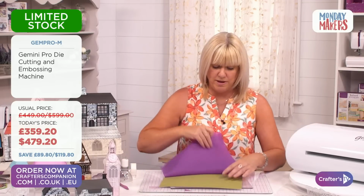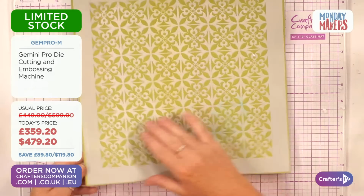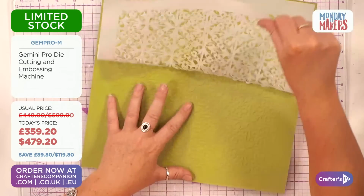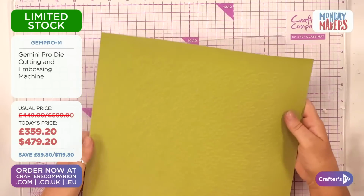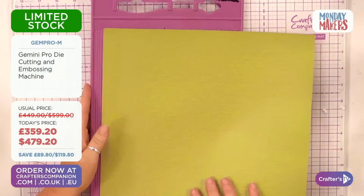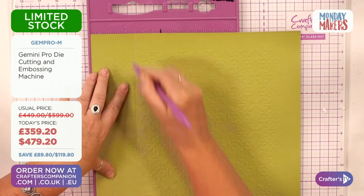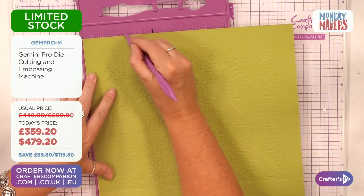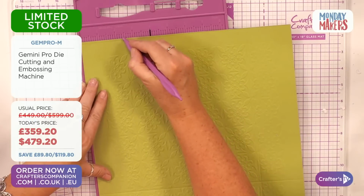So if I take that away, you can see already through the actual design. If I turn that round, that's just had a bit of sticky on there, that's why it's making that noise. But it gives us that beautiful embossed detail. So then, if I bring in my board, what I'm going to do is just score this. So we'll score this at 2.5 inches. So I'm scoring this on our lid side. Pop that down and score it there. Then on the opposite side,